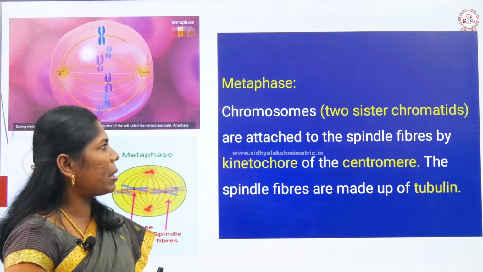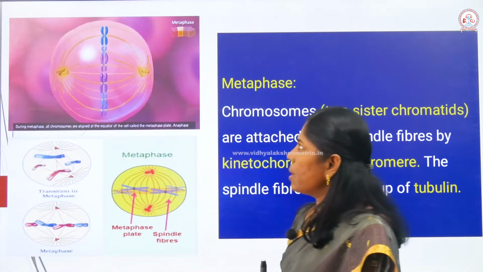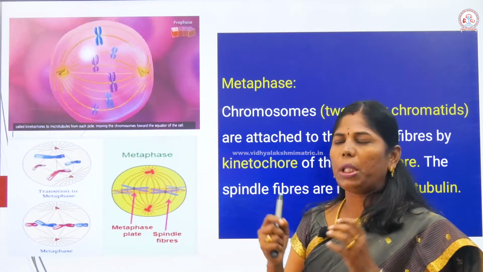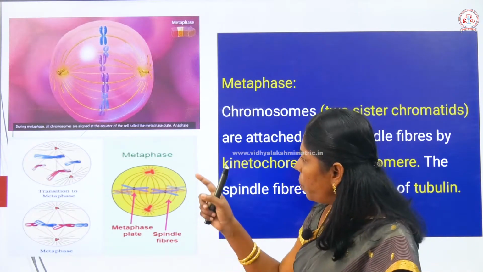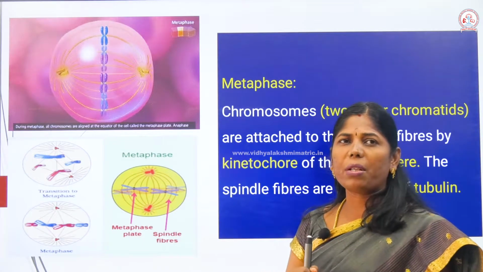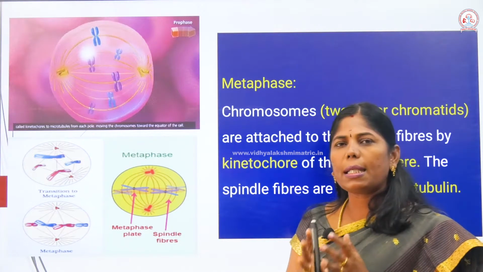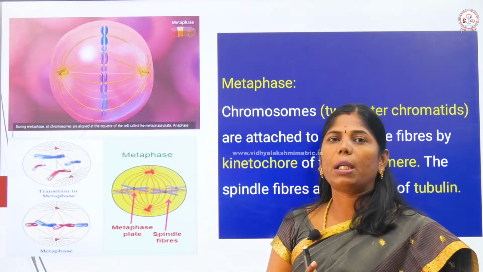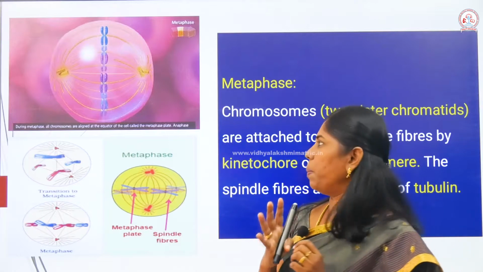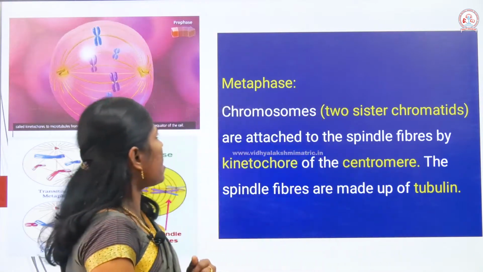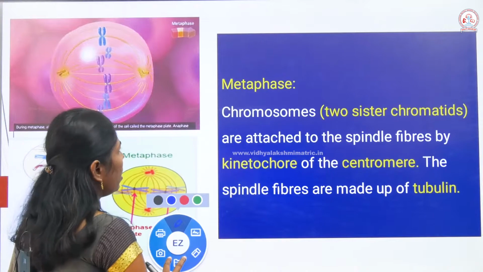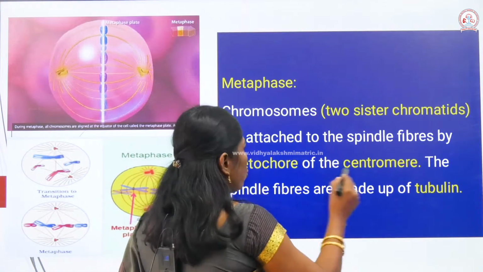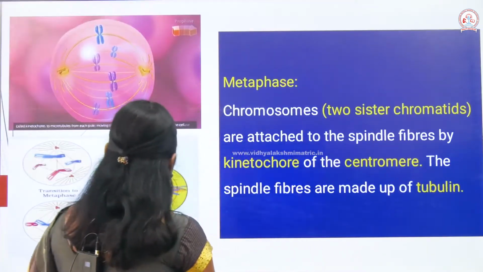During the metaphase, you can see the two sister chromatids, which have to separate from each other. We can see the structure of chromosomes during the metaphase. Metaphase is a very important phase. We can see the structure, shape and size, and the number of chromosomes can be clearly studied during this period. A chromosome consists of two sister chromatids. The two sister chromatids are attached at the centromere. We know very well that they are attached at the centromere.